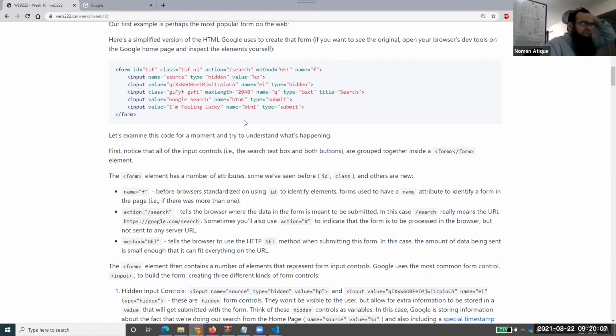And when you click on that search box, you see that search box is basically what? Max length is equal to 4, name is equal to Q. So it means that search box is basically this one. Are you getting that? And there is basically something called input name is equal to source and type is equal to hidden. So there are certain hidden fields as well.